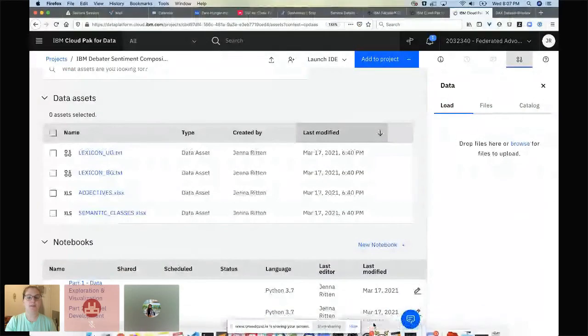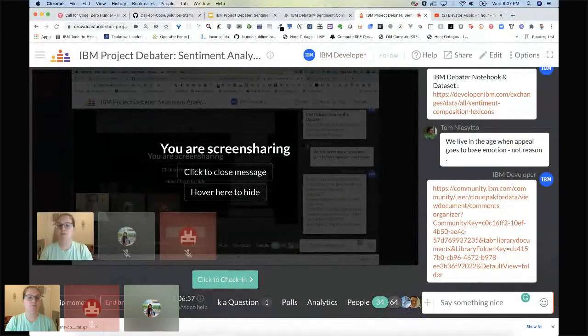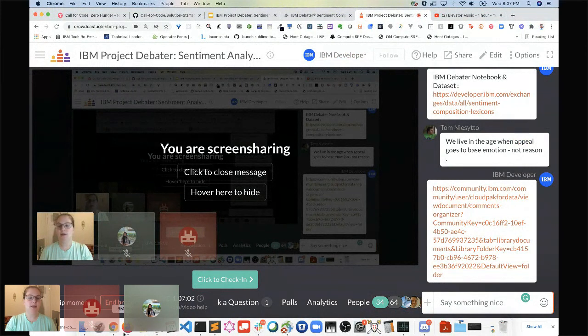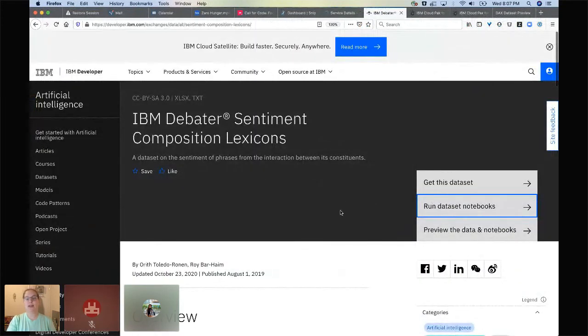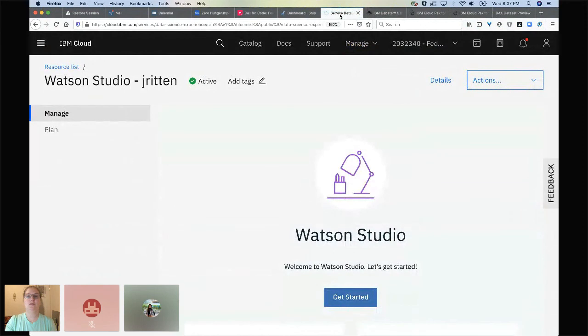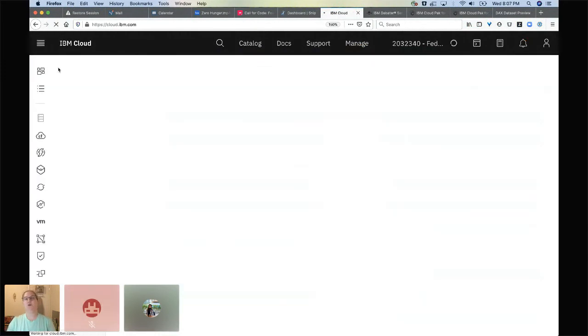Okay, so I posted the link for the IBM notebook and data set. What you should see here is this screen. The first thing you're going to need to do is create an IBM Cloud Account, which again I posted at the very top of the chat. Also, if you click the button at the bottom center that says click to check in, that'll take you there as well. So the first thing that you're going to want to do when you log into your IBM Cloud Account,